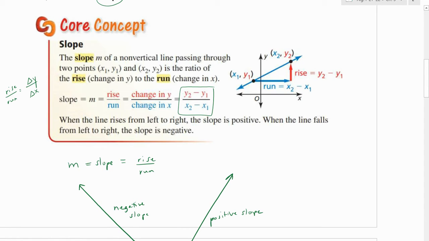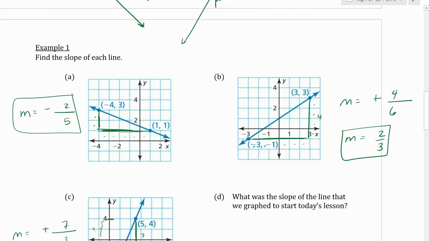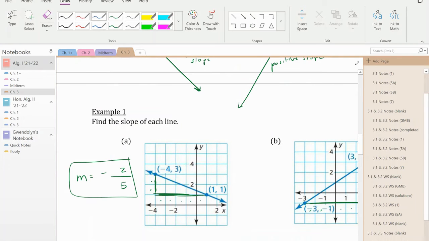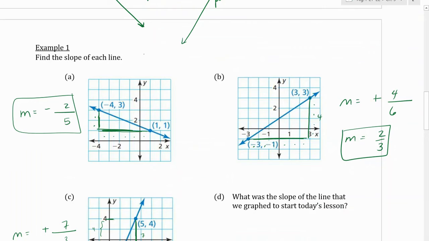So if you like the formulas better, you do changing the y's. Well, how far did this change from here? So what's the difference in them? How far did this change from here? What's the difference in them? So a lot of times we teach slope using a slope formula. So if I did the slope formula,